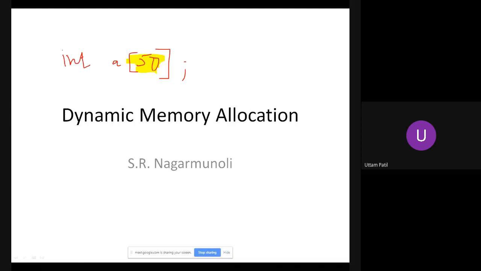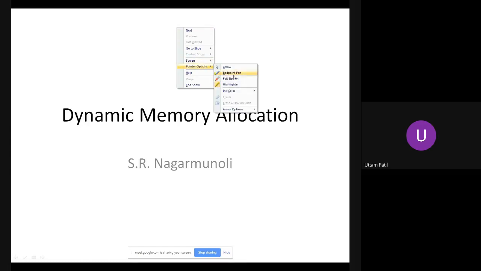I just have data for 25 students, and for the next 25 I'm wasting memory. So both of these are not liked in a program because we have to utilize the memory very, very efficiently. By memory, I mean main memory, that is RAM. I hope you all know that. So whenever I say memory, I'm talking about main memory.